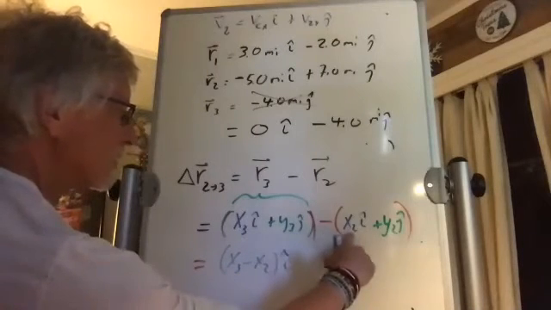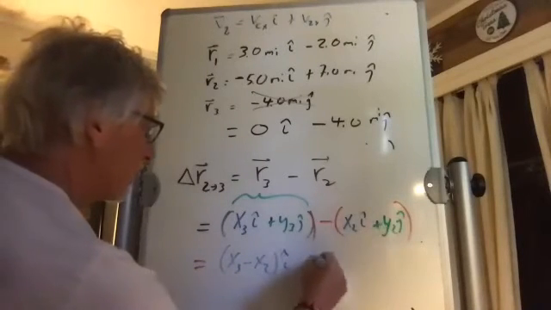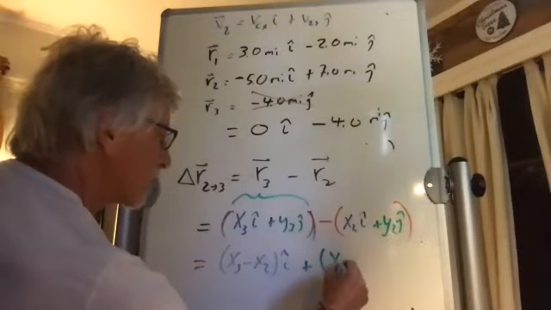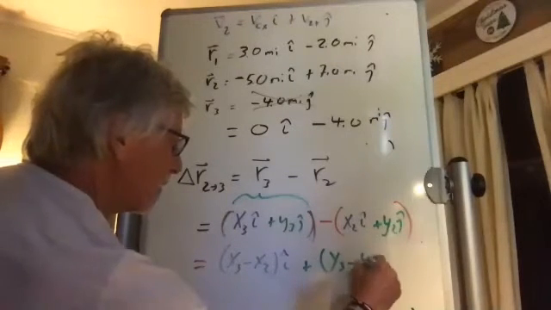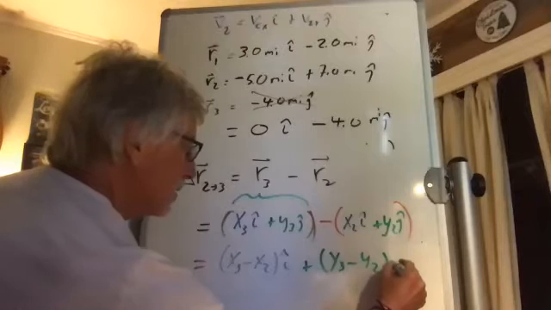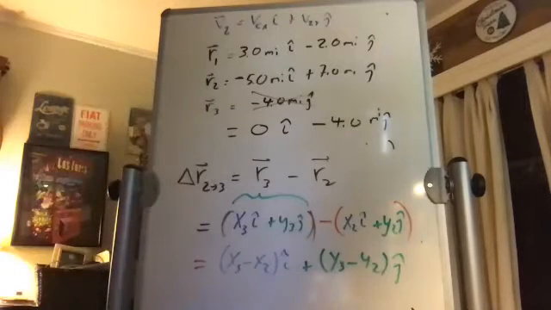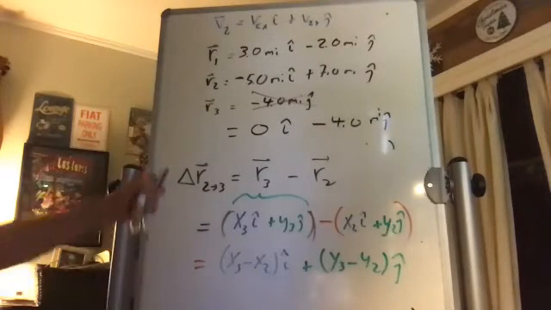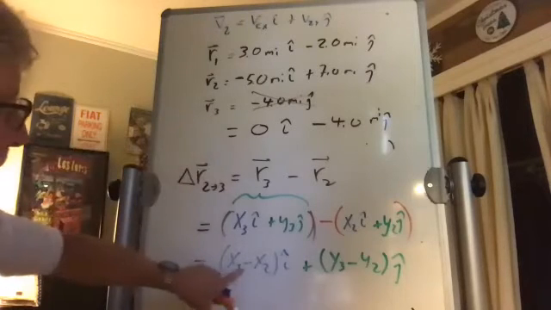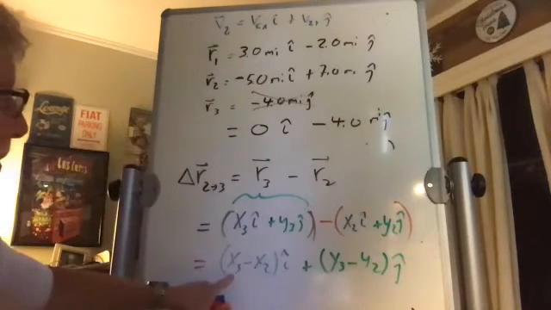Because the minus goes here in here. So plus Y3 minus Y2 j hat. Okay. And the key is that X3 is 0